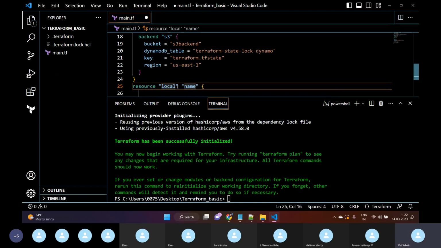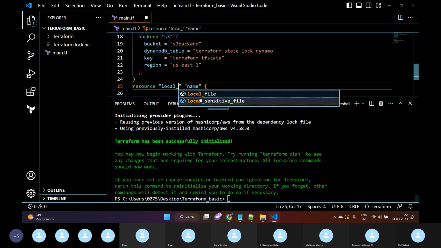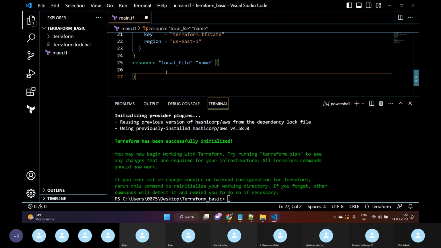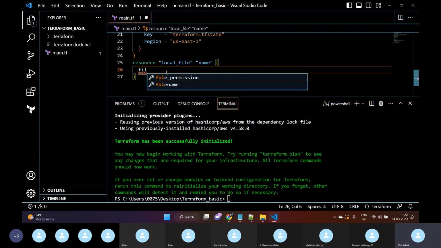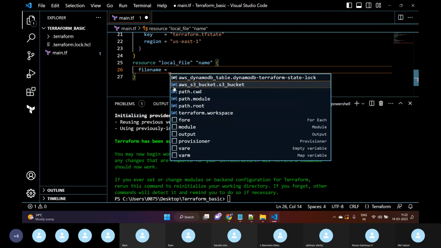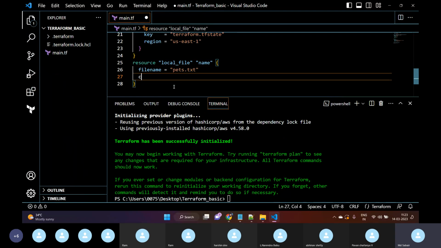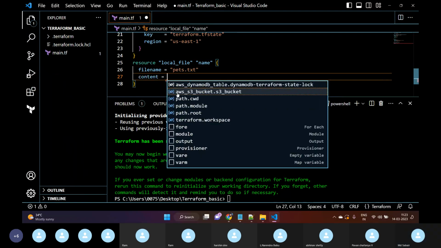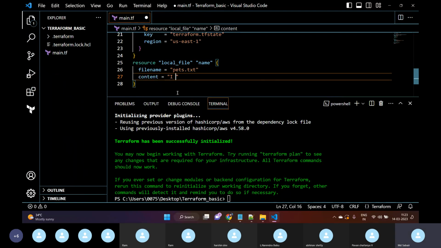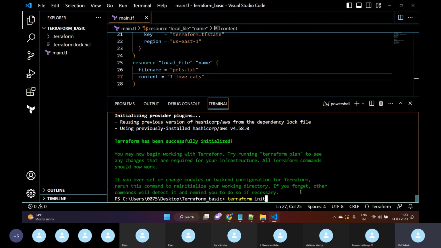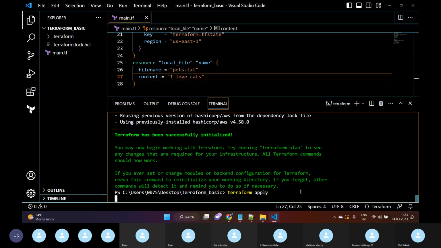I will use a local file resource only, with pets.txt and the content, and the cats. So if I'm trying to use Terraform apply,